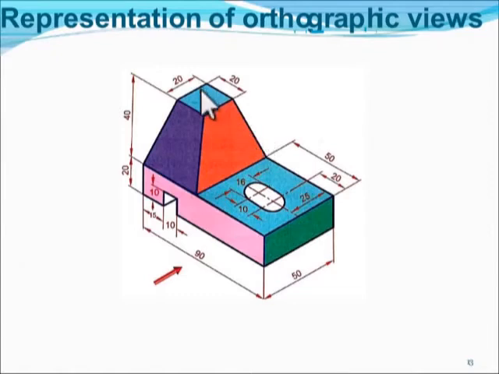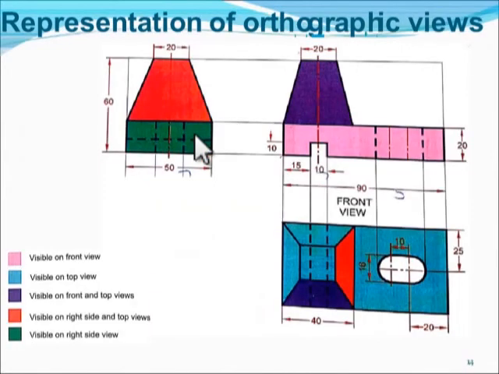The major portion I can see is this blue color, and also the hole in it. Since this orange color and violet color are in a slanting manner, I am viewing this from the top. I can see some part of this orange color and also the violet color. So my top view will be the first blue color and some part in this particular orange color and the violet color. So the representation will be like this.